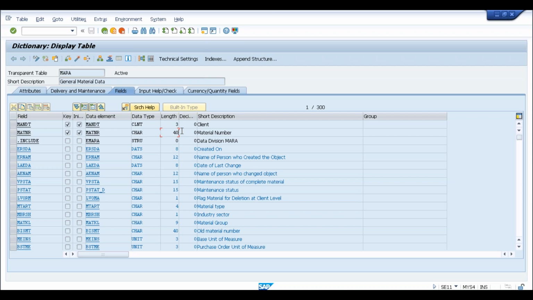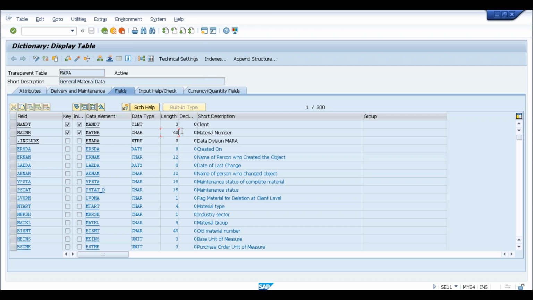Now this is not only relevant to MARA. There are a lot of tables in SAP which use the material number field, for example MARC, MARD, and even tables not directly related to material but which hold the material number. Let's take the example of MSEG. In MSEG, every transaction has one line for each and every material movement. So there are multiple tables in SAP which use this field MATNR, and SAP has already made sure that